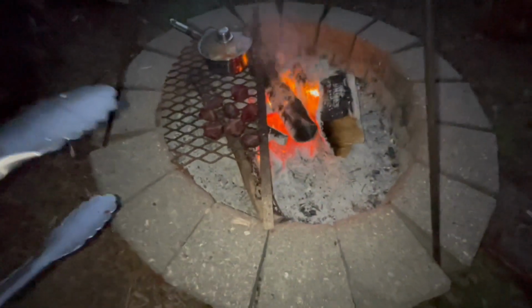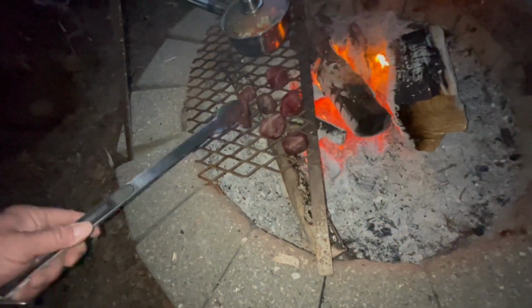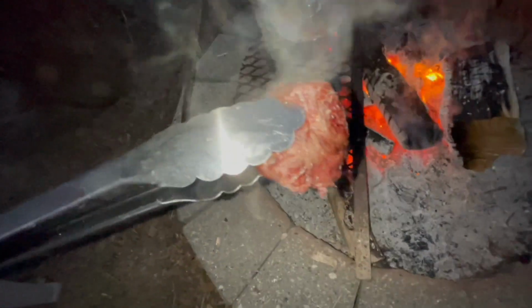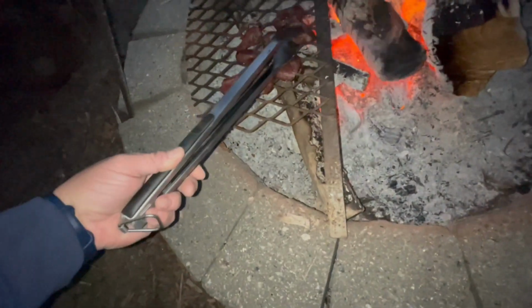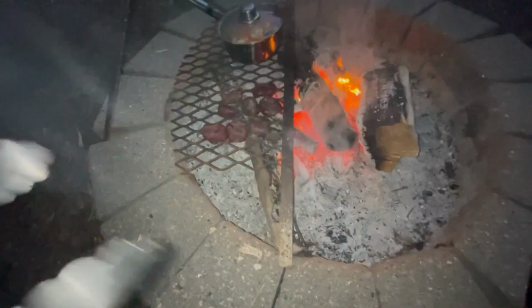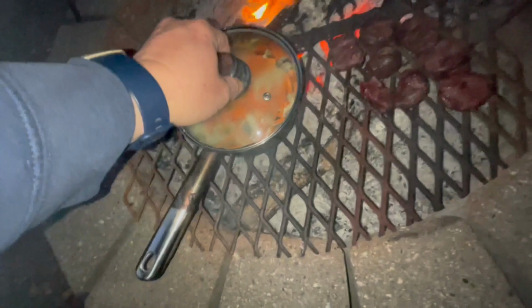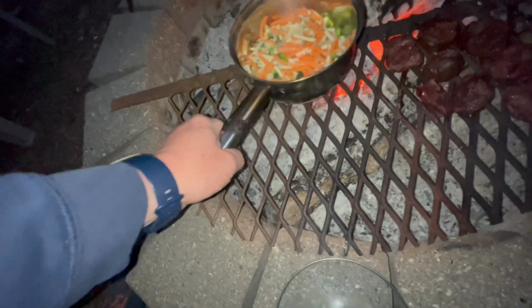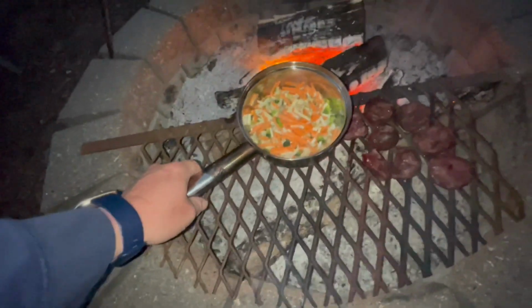Okay. All right, it looks like we're getting closer. I don't want to get them too done. Looking good. Looking good. All right, let's check this vegetable stuff over here. Had to move that right up there. All right, while dinner is